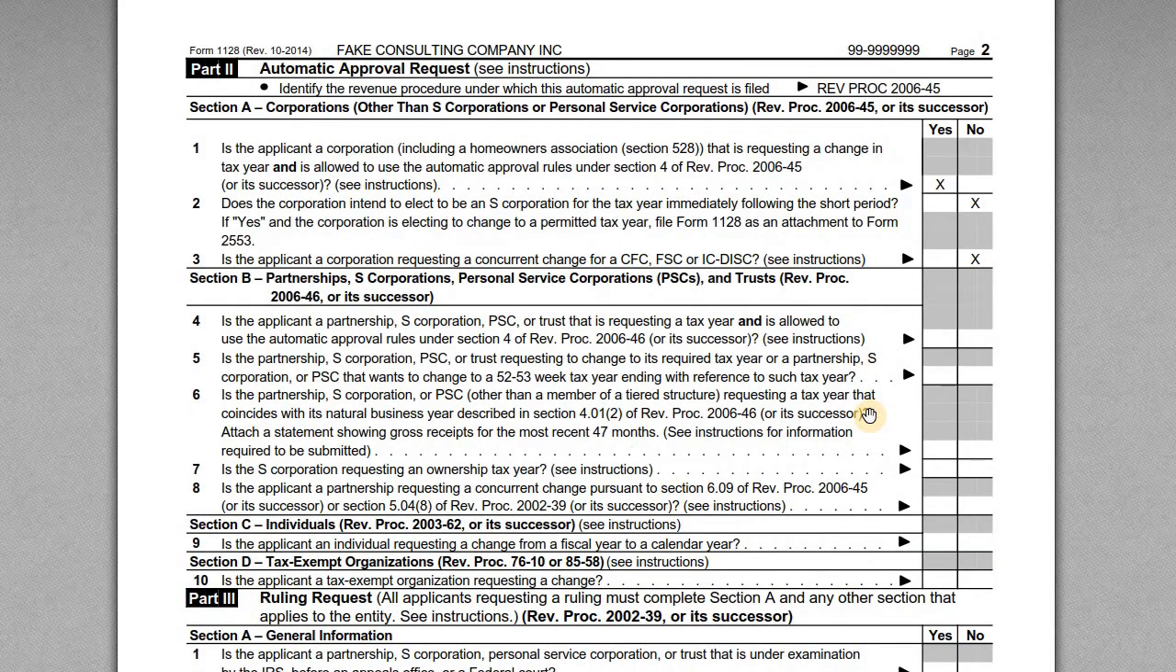Okay, so then the next part we've got to do, part 2, again, this is an automatic approval request. So there are several rev procs that cover what can get automatic approval and what needs actual special permission from the IRS to change the year. In this case, we have a regular domestic corp, so it's not an S corp and it's not a PSC. So the provisions for automatic change requests are outlined in Rev Proc